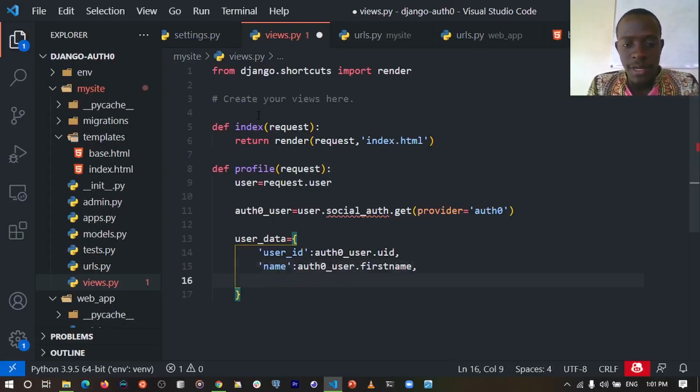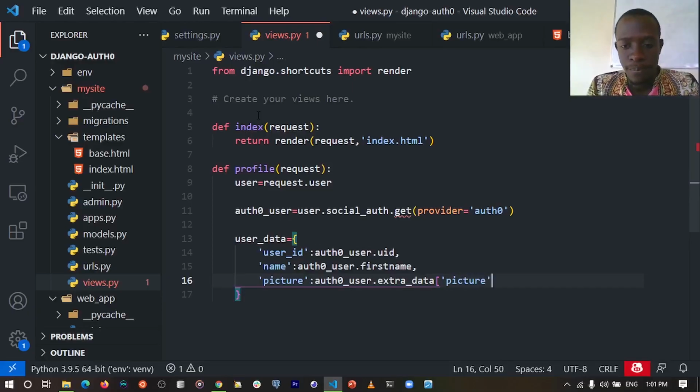And the next thing we may need is the picture of the currently logged in user. So we may say picture is going to be auth0 user dot, and this is going to be the extra data. So we're going to get this from the extra data, and then we shall need